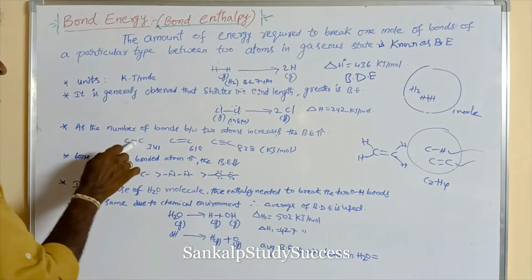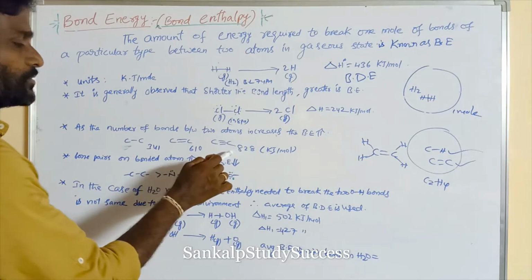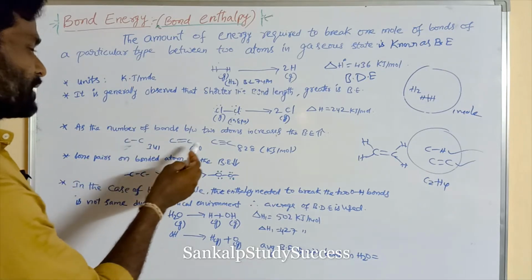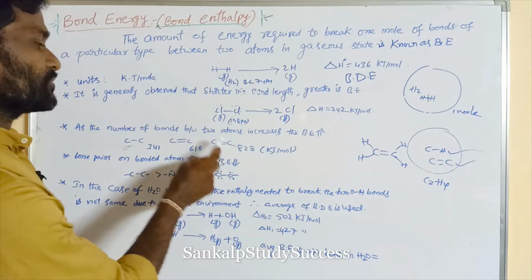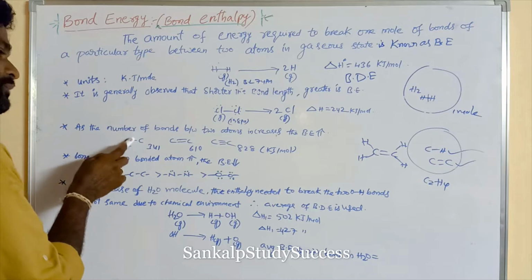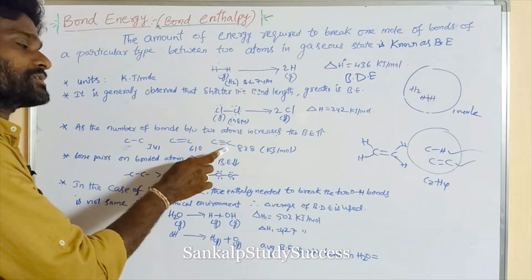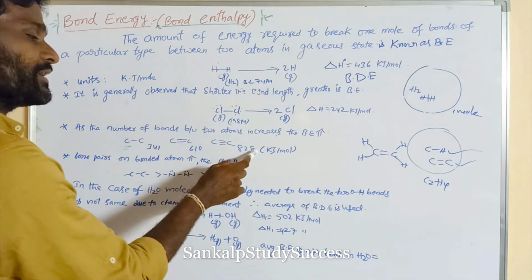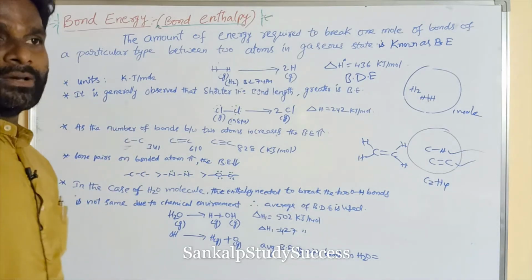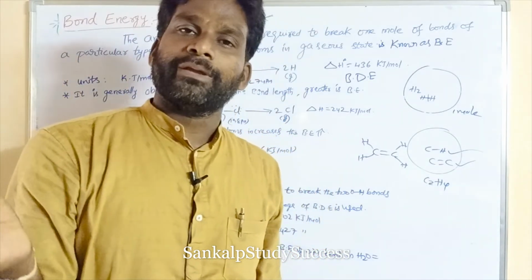Here C single bond C, one bond is present. Here C triple bond C, three bonds are present. So this is the stronger bond, this is the weaker bond. Which requires a higher amount of energy? C triple bond C. Here the energy is required to break one bond, but here the energy is required to break three bonds. So how much? 828 kilojoule per mole, but it is 341 kilojoule per mole. As the number of bonds between the atoms increases, the bond energy or bond enthalpy or bond dissociation